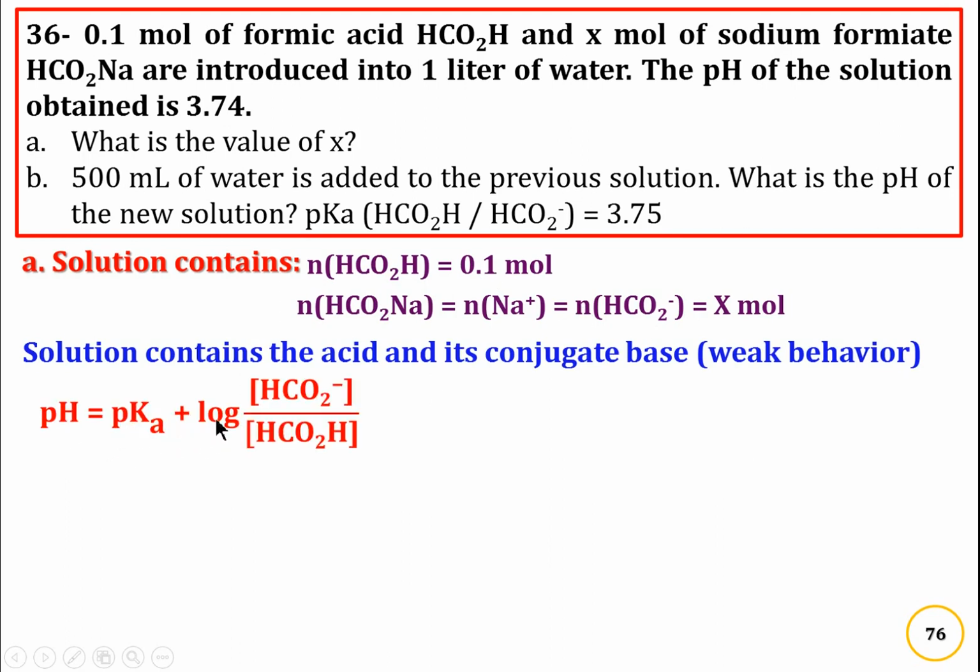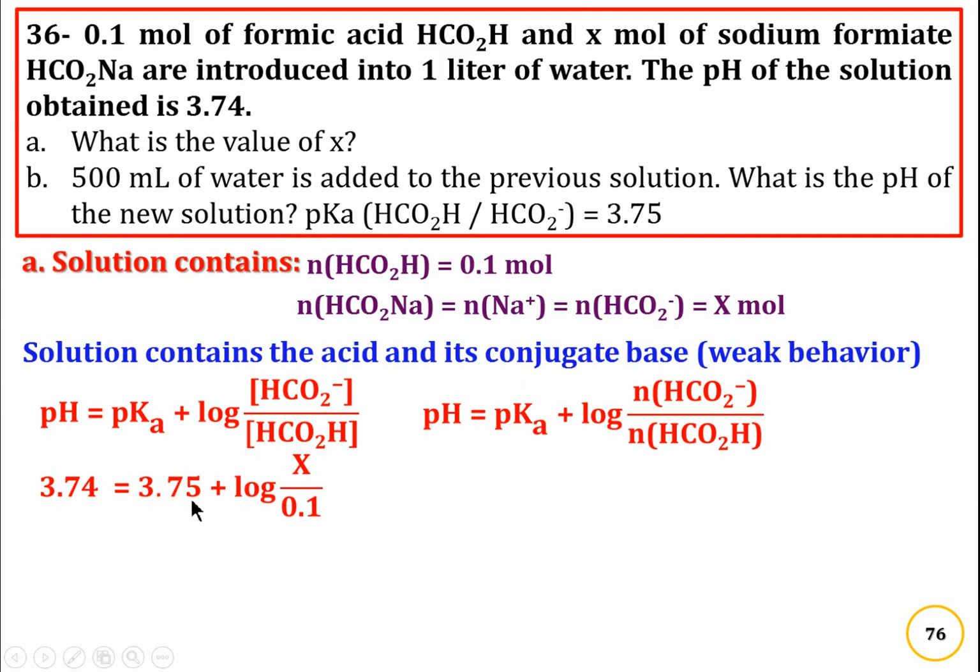So pH equals pKa plus log of HCOO⁻ divided by HCOOH at equilibrium. So pH equals pKa plus log of the initial concentrations. So pH equals pKa plus log of the number of moles of HCOO⁻ divided by HCOOH, since we cancel the total volume, and therefore